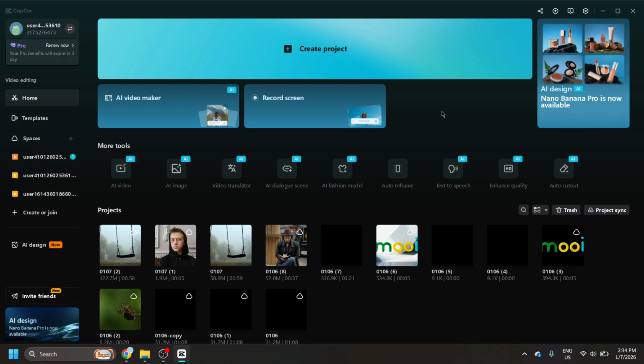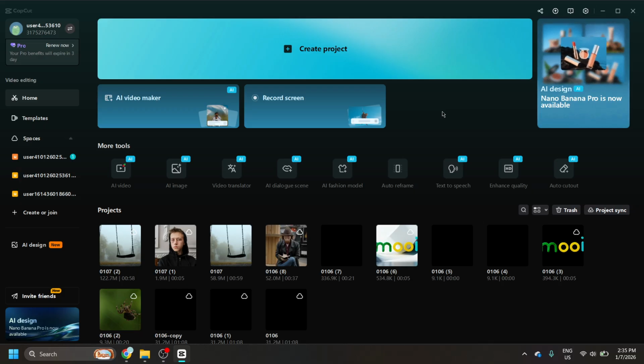Start by opening CapCut on your computer or in your browser. Make sure you're signed in to the account you plan to use for teamwork, and, if possible, update to the latest version so your interface matches what you see here. A stable internet connection helps because collaboration features rely on being online, and it can prevent hiccups when loading shared